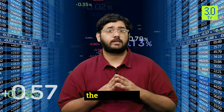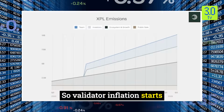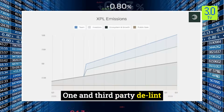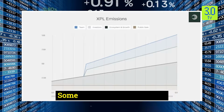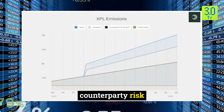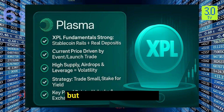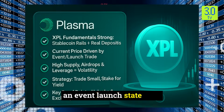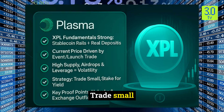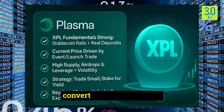If we look at the utility for the XPL token, it is a gas token plus staking asset plus validator rewards. So validator inflation starts near 5% and declines towards 3%. On top of that, Plasma One and third-party lending strategies advertise high APYs. Some pools have greater than 30% attractive yields but higher smart contract and counterparty risk. So the net effect of all of this is fundamentals look strong for long-term protocol utility, but XPL price is currently an event-driven launch with large initial supply. Airdrop exchange flows and leverage create volatility. Trade small, stake some for yield, and watch unlock cadence and exchange outflows as the proof points that convert utility